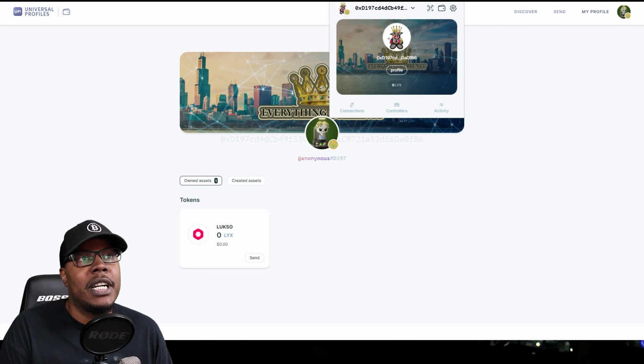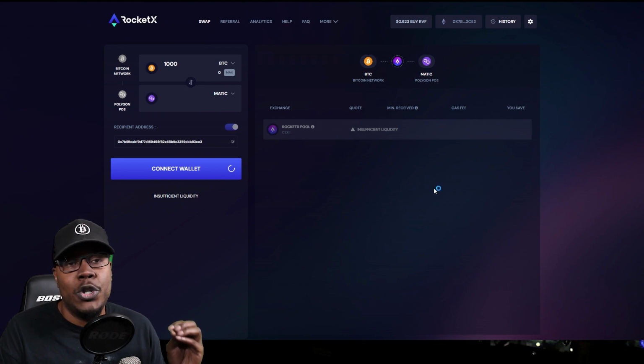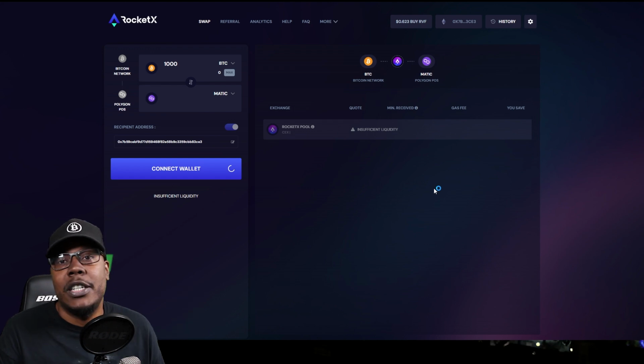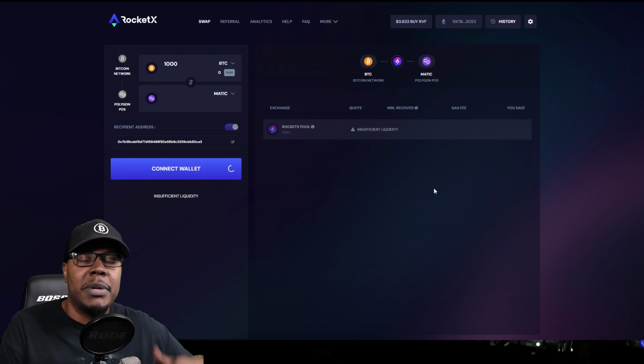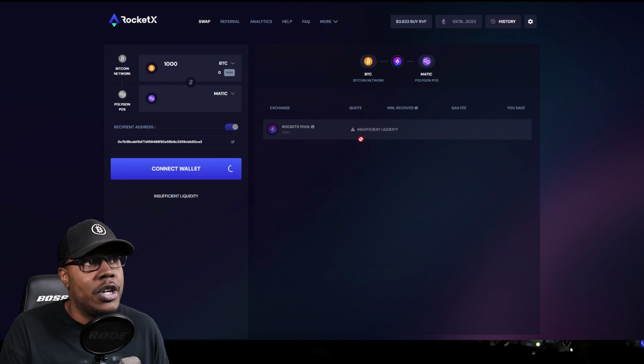Then I'm going to come over to something that is called RocketXchange, and the URL is app.rocketx.exchange. I will have a link in the description. It will be a referral link, but if you don't like using those, then go ahead and go to the RocketX Twitter, make sure it's the right one, or just look right up here,